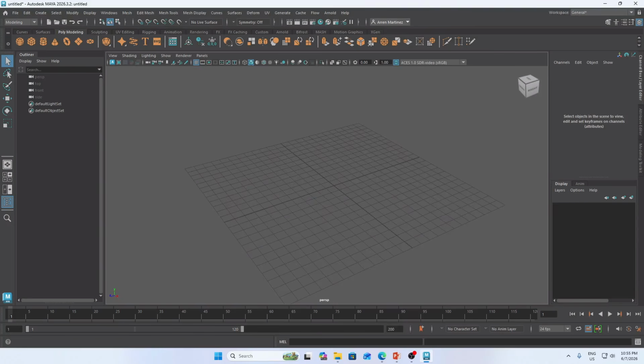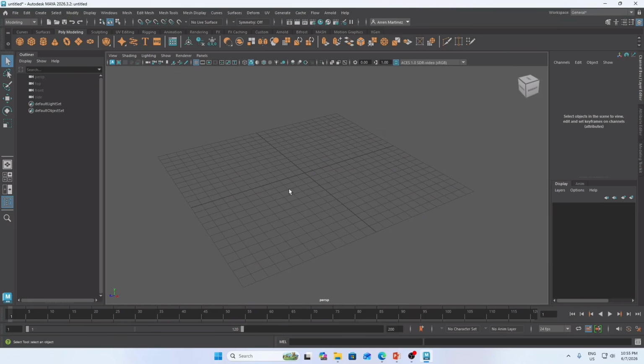To move your camera in Maya, your non-dominant hand is going to live on the Alt key. Or if you are using a Mac, just click the Option key. Every single camera movement requires holding down Alt, A-L-T on your keyboard. So let's break down the three essential movements. Go ahead and try this with me.